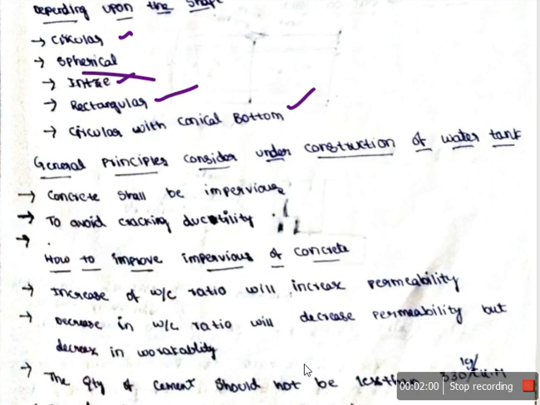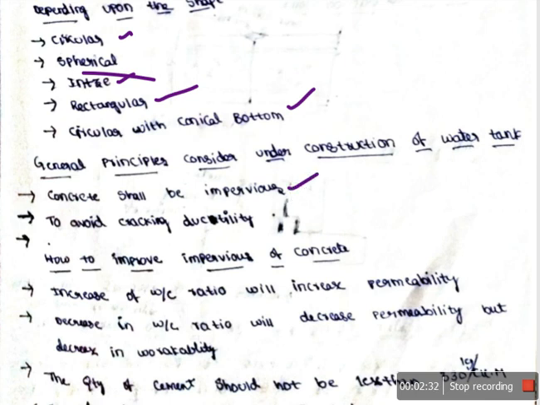The general principles are nothing but a set of guidelines for the construction of a water tank, because you are retaining water. When it fails, it can be very catastrophic. It may cause loss of life. So the main two points which I would like to discuss in this video are these. First, the concrete shall be